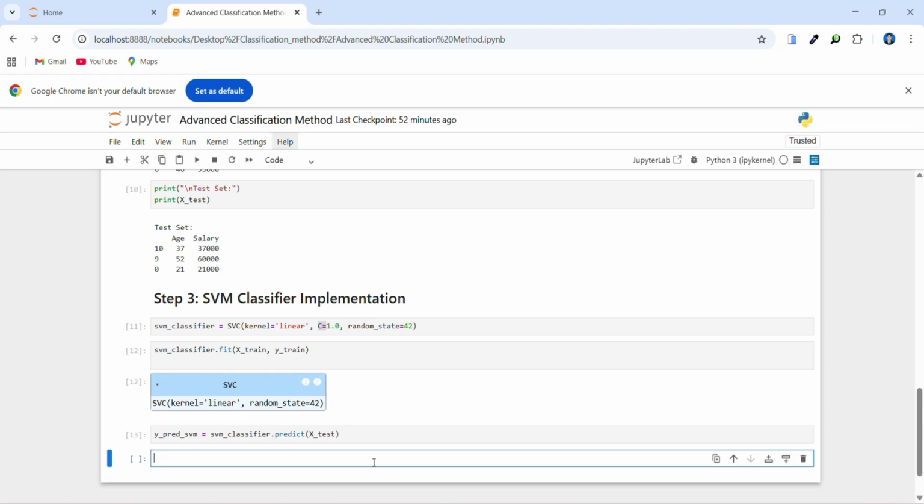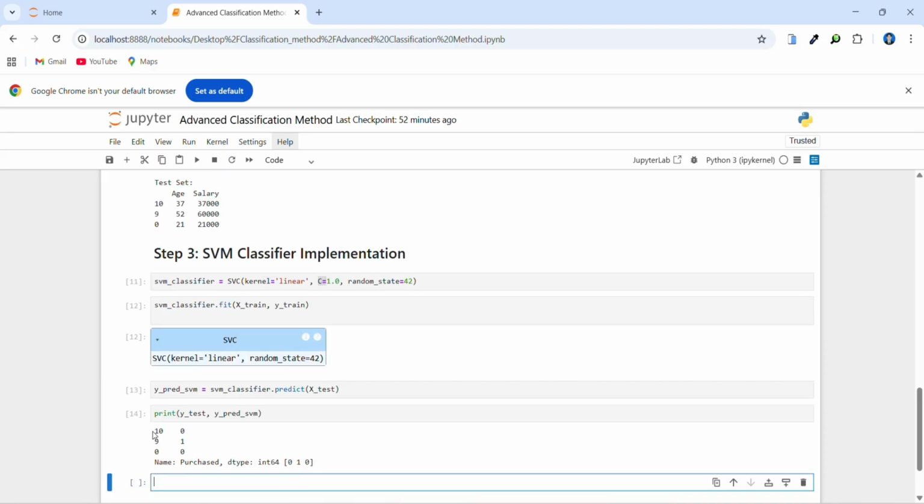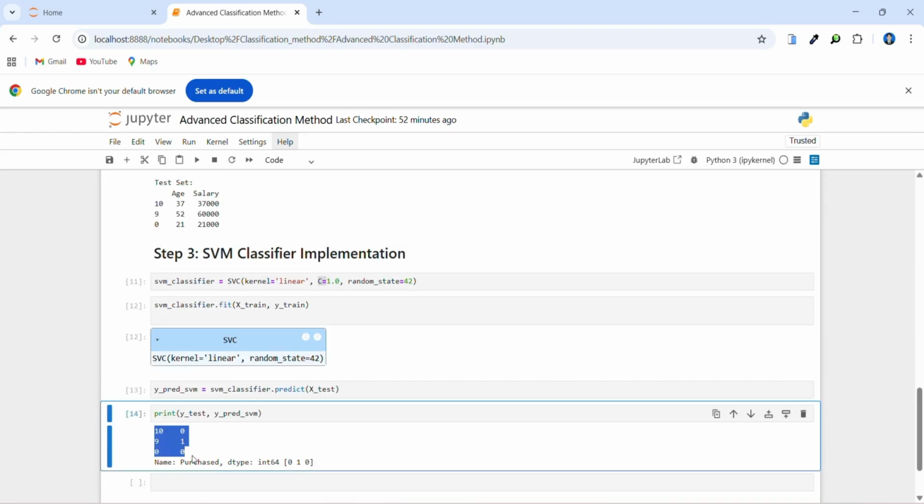And then we print the result of the test. This is the result of the test: 1 no purchase, 2 purchase, and 0 no purchase.